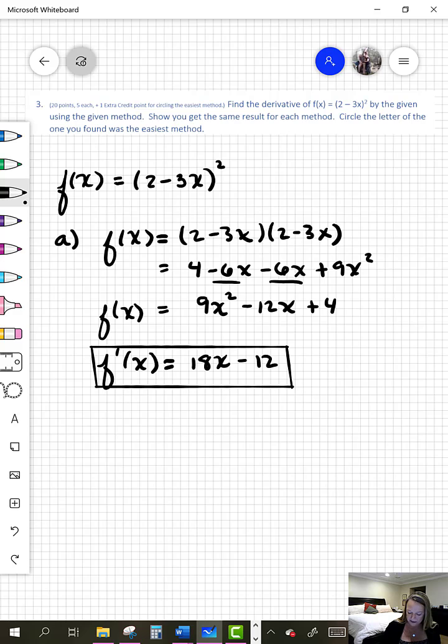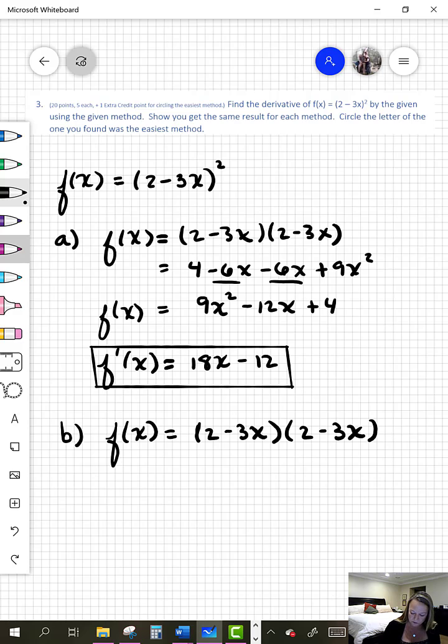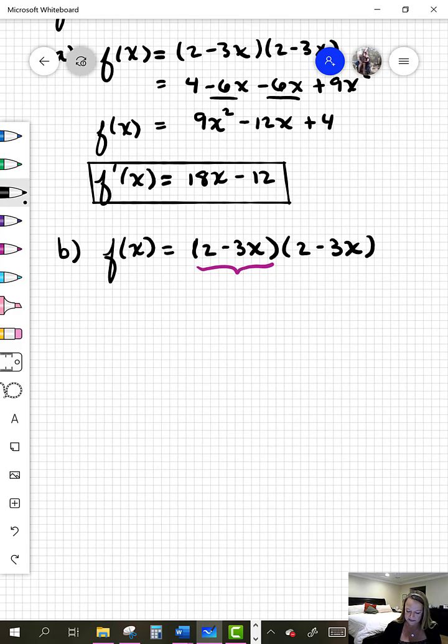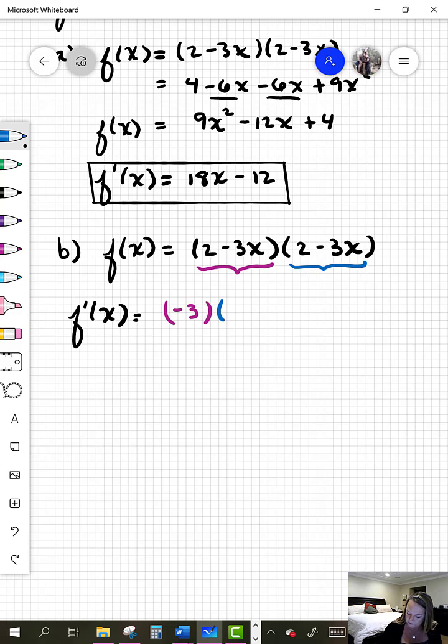So part B, we wanted you to use the product rule. Let's rewrite f of x as a product. f of x could be rewritten as 2 minus 3x, all times 2 minus 3x. So we want to use the product rule when taking the derivative. f prime of x is equal to the derivative of the first function, 2 minus 3x. The derivative of a constant is 0, and the derivative of negative 3x is negative 3, all times the second function, which is 2 minus 3x,